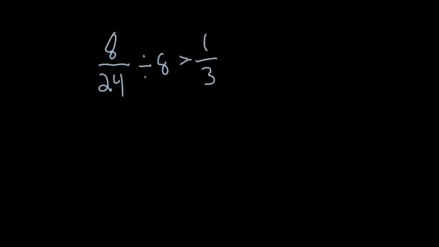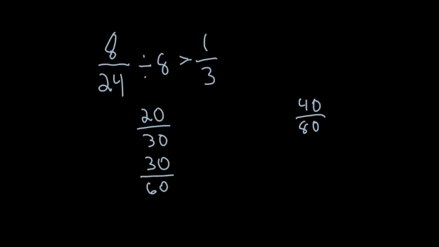So if we had the ratios of 20 to 30, 30 to 60, 40 to 80, and 30 to 90, we can take each one of those and reduce them to figure out which one's equal